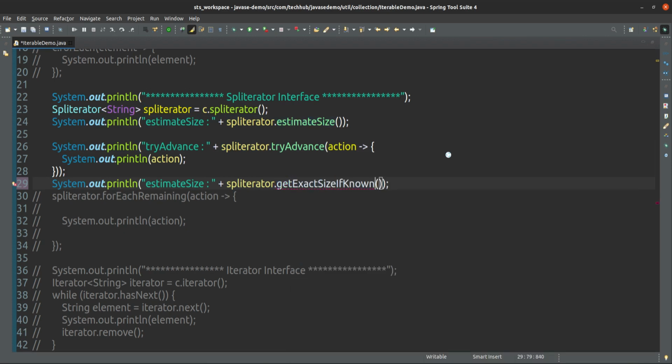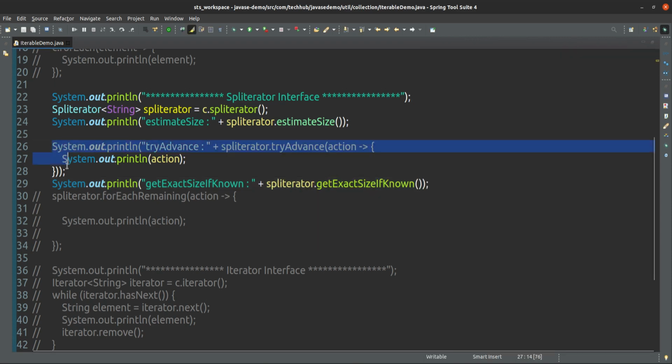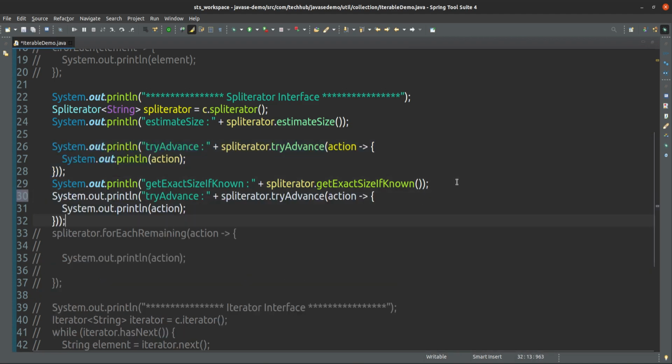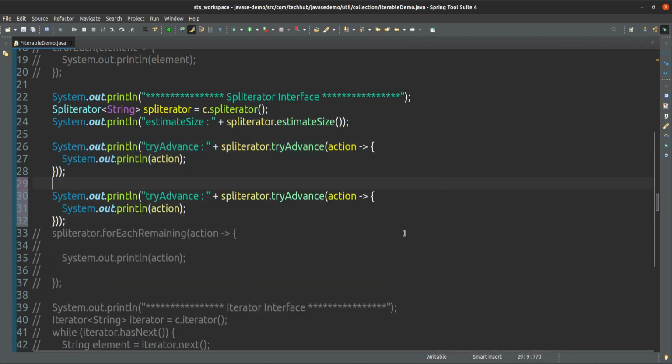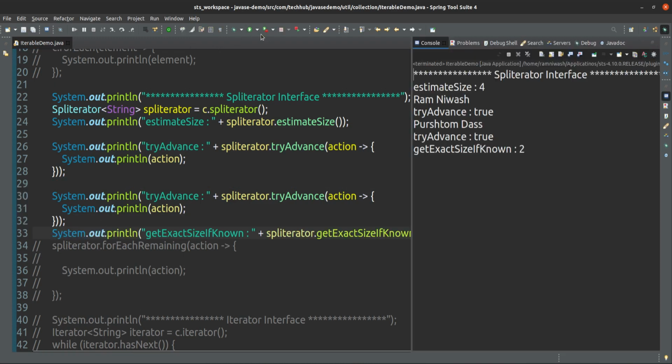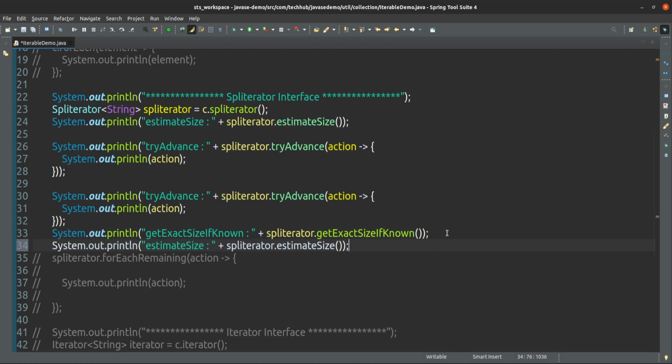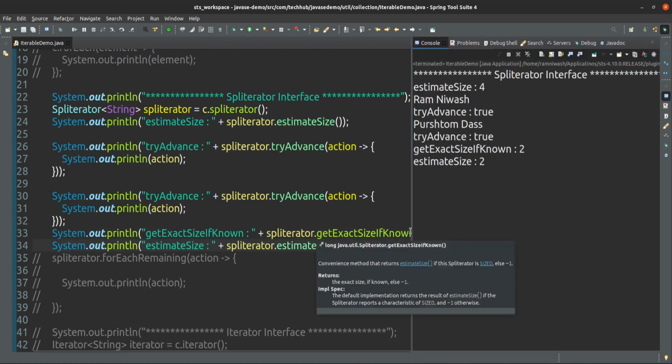Get exact size if known is 3. Yes, because one element you have already iterated using tryAdvance. If I do tryAdvance again and run this, then the exact size will be 2, but the estimate size will be the same.